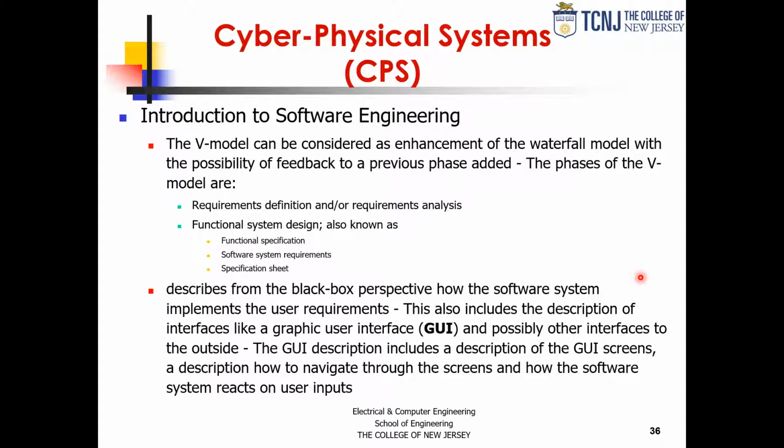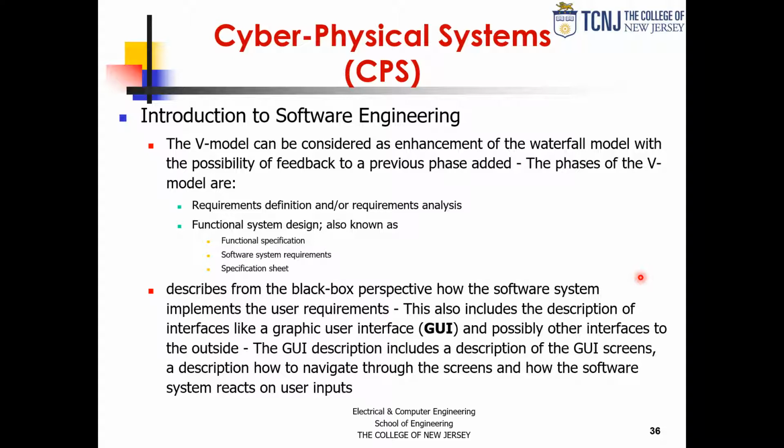It also emphasizes functional system design, which could have the functional specifications, the system requirements, or specification sheets. These are different terminology that is used to basically capture requirements from a functional perspective for the software. And this type of specifications are really looking at what the software does. And we're going to see that in software engineering,